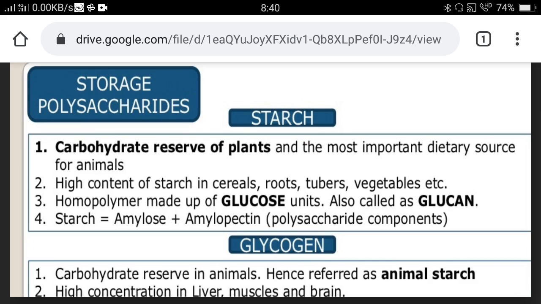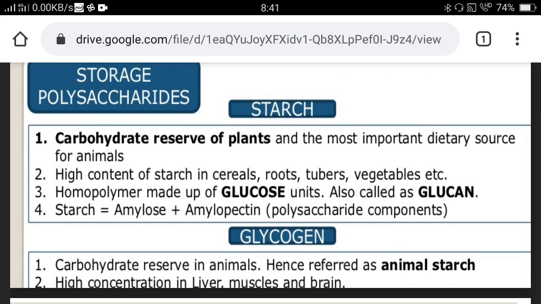Storage polysaccharides: starch is the carbohydrate reserve of plants and the most important dietary source for animals. High content of starch is found in cereals, roots, tubers, vegetables, etc. It is a homopolymer made up of glucose units, also called glucan. Starch is equal to amylose and amylopectin, that is, polysaccharide components. Starch is the reserve food present in plants. Sources of starch, as you know, are wheat, rice, potato,